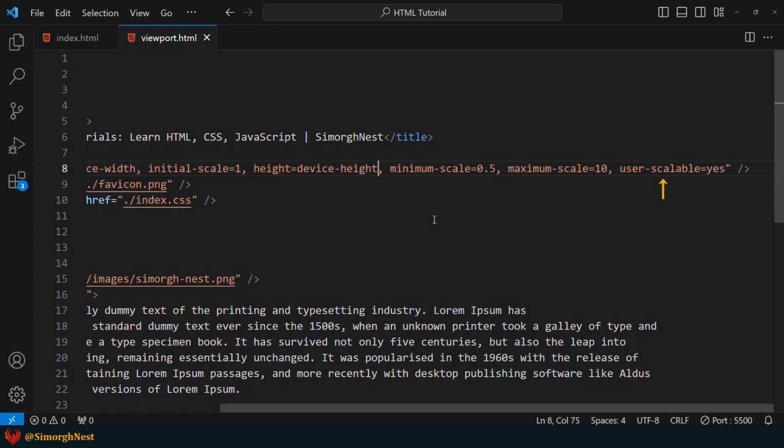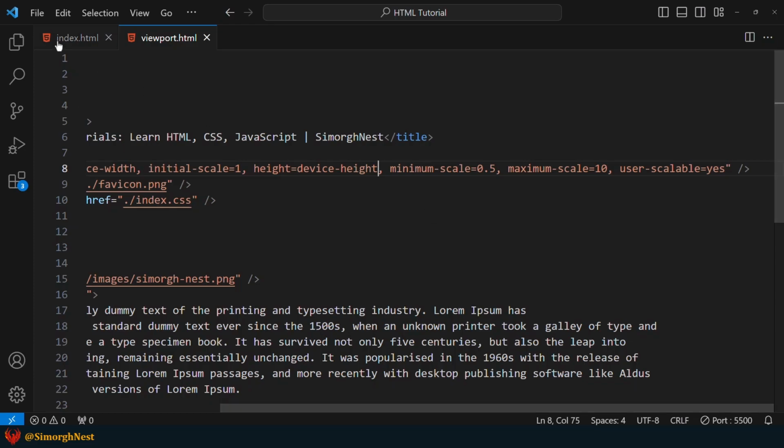Another property is user scalable, which determines whether users can zoom at all. Valid values are 0 or no to disable zooming, and 1 or yes to enable zooming. It's important to note that disabling zooming goes against web content accessibility guidelines and can result in a poor user experience, so we recommend setting its value to 1 or yes.